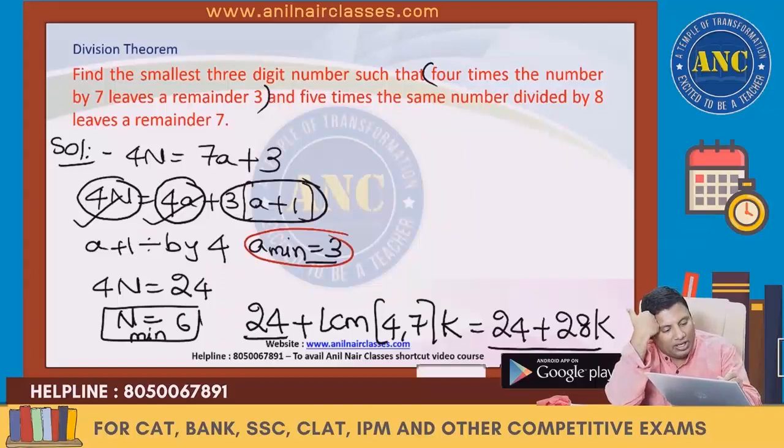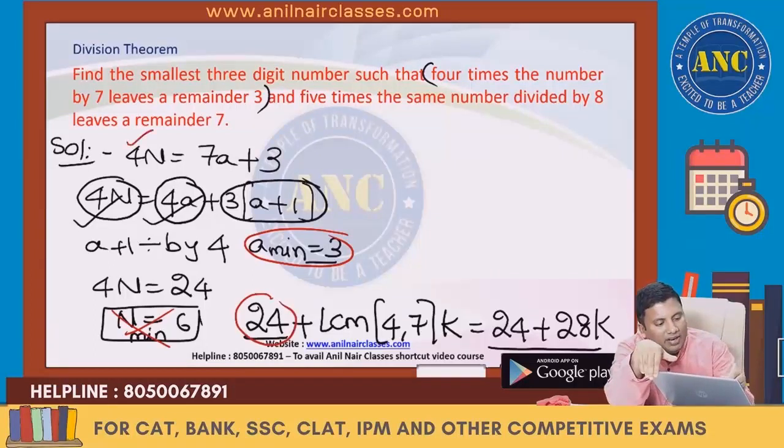If I put 3, 7 3s are 21 plus 3 is 24. The lowest value is 24. The number is divided by 4 and 7. Similarly,